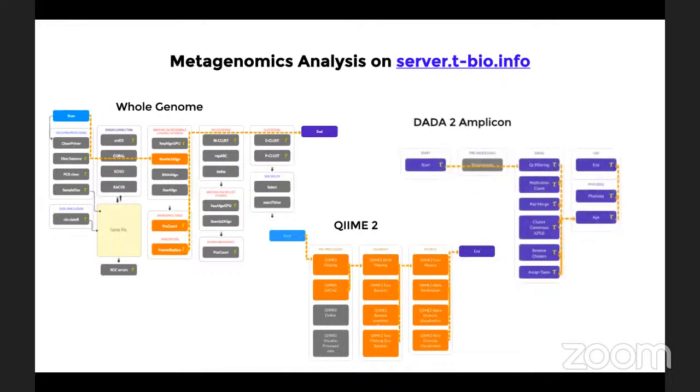For those interested in implementing the pipeline on their own,